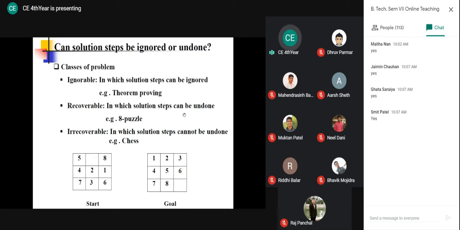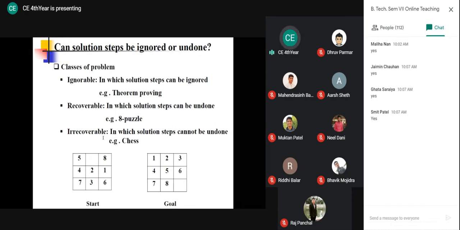But in this case, you have to remember that the control mechanism for the 8 puzzle solver must keep track of the order in which the operations are performed, so that the operations can be undone one at a time if necessary. Because we must keep track of which operation is performed first. That will be useful in the case of backtracking.